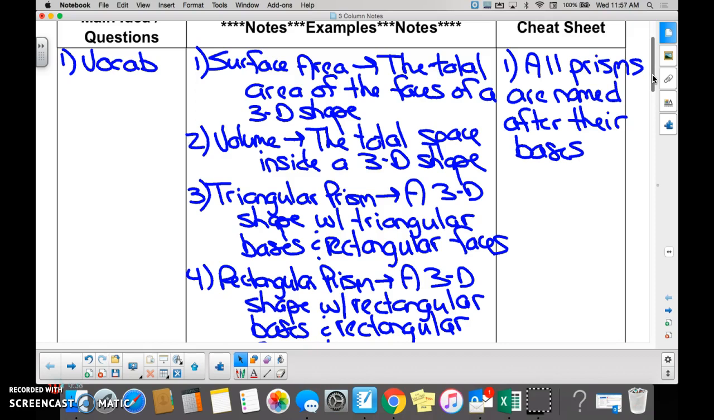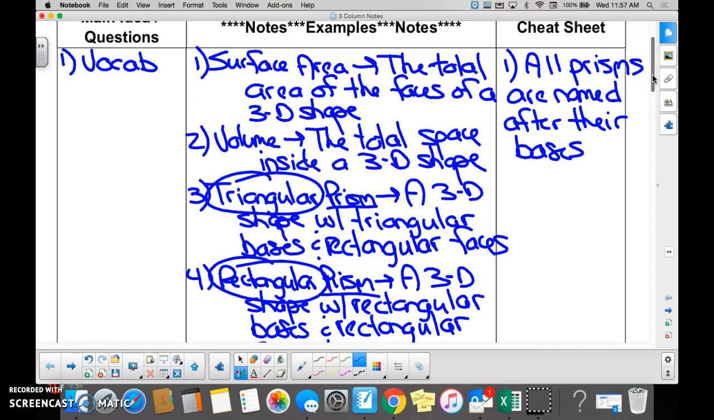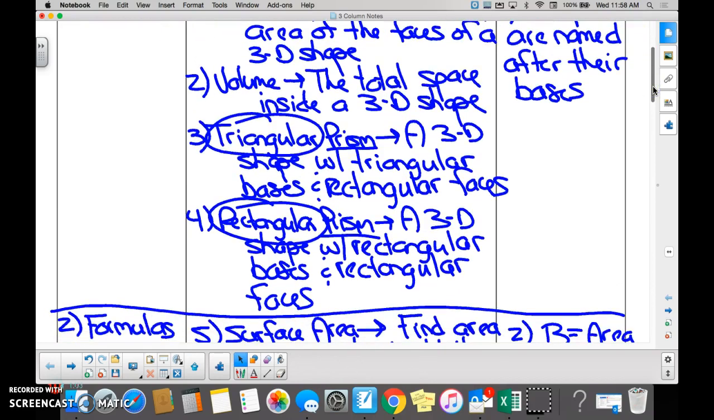Any prism, this prism or this prism, is named by what? What is it named by? Kabir. Their bases. So if I'm talking about a triangular prism, what's the base going to be? Triangle. If I'm talking about a rectangular prism, what's the base going to be? Rectangle. If I'm talking about an octagonal prism, what's the base going to be? Octagon. Brilliant. And remember, for a prism, if you have one base, you're going to have a second exact same